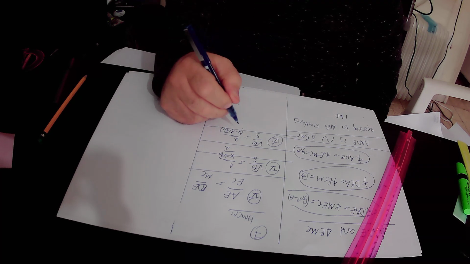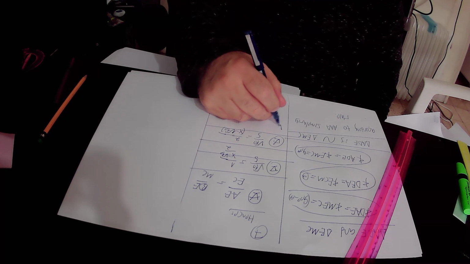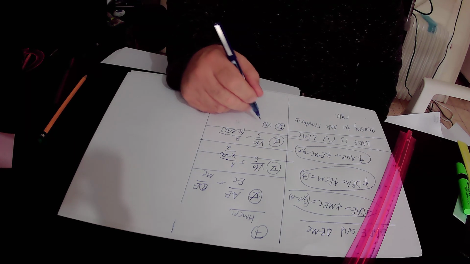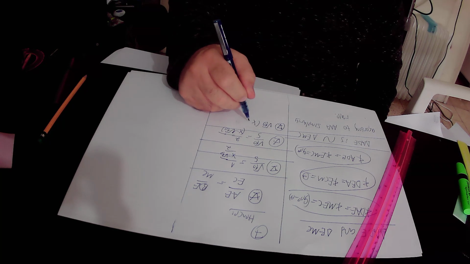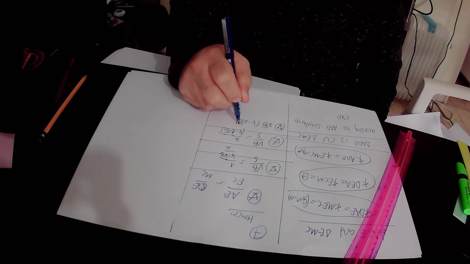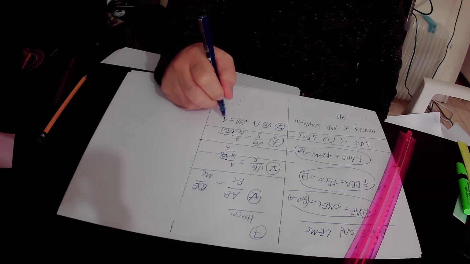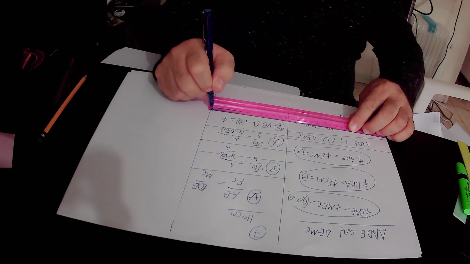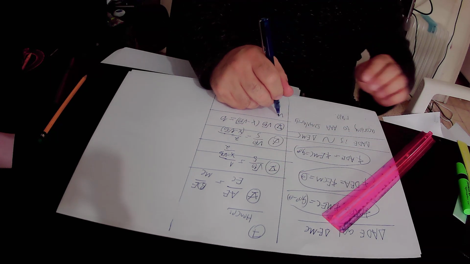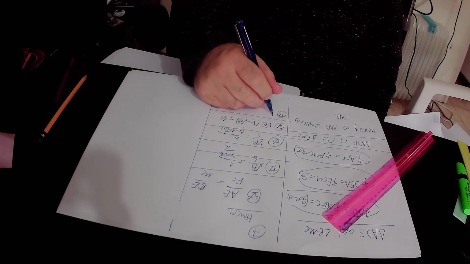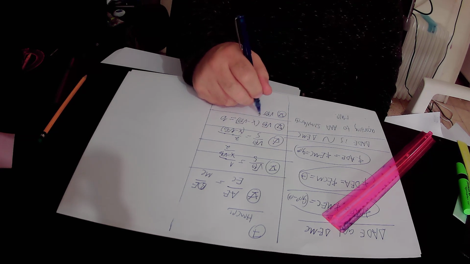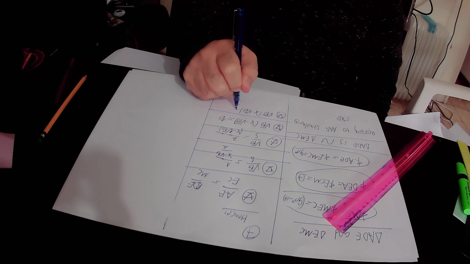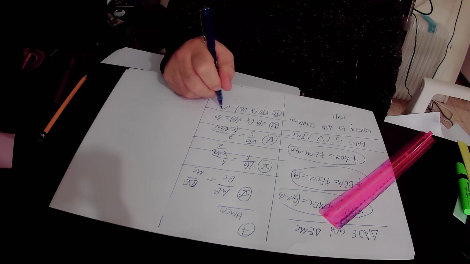Here we cross multiply this equation, and we get that square root of 10 times x minus square root of 10 equals 5 times 2, which is 10. And 10 is square root of 10 times square root of 10, so we substitute 10 by square root of 10 times square root of 10,